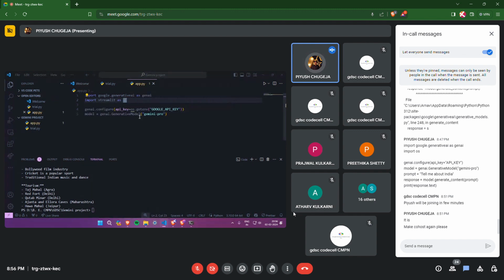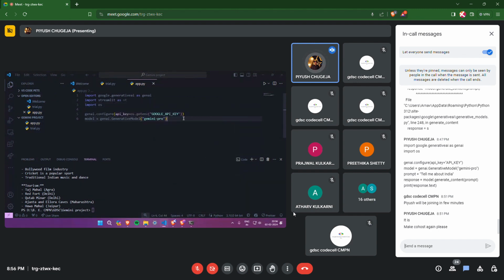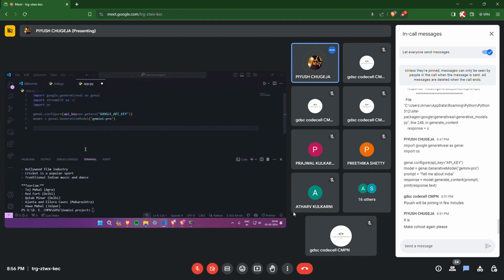And for those of you who are using OS, do import OS. For those of you who are not using OS environment variable, direct API key डाला है, that is also well and good. Do not change your code. All right. Now, before making the UI, let's make the function जो हमें email लाके देगा. Gemini से generated email हमको वो लाके देगा.